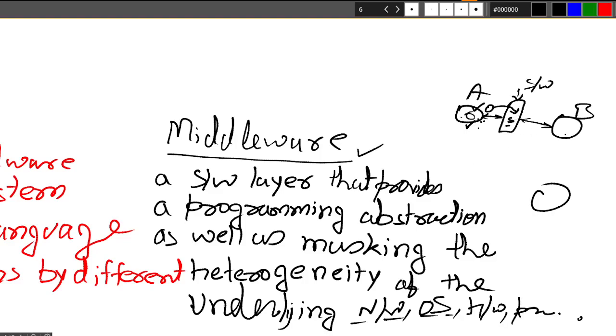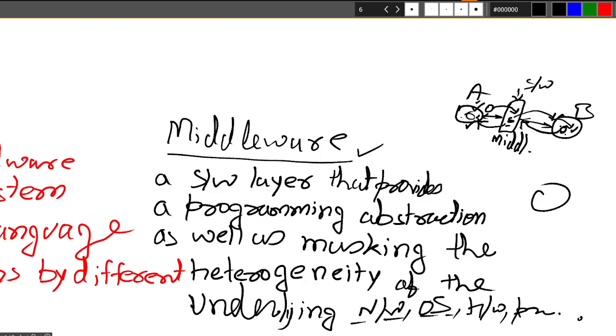Okay, and now this standard format is transferred to node B, and node B also understands this standard format, and it can easily convert this standard format to its own understandable format. And later on, if B has to send something, it will also convert its own internal arrangement to a standard format. And this standard format, as it is also understandable to A, can be converted back to its own local format. So this is the purpose of middleware.